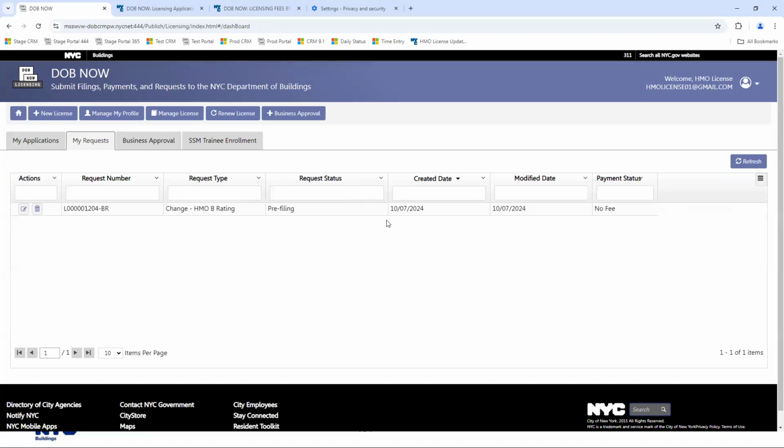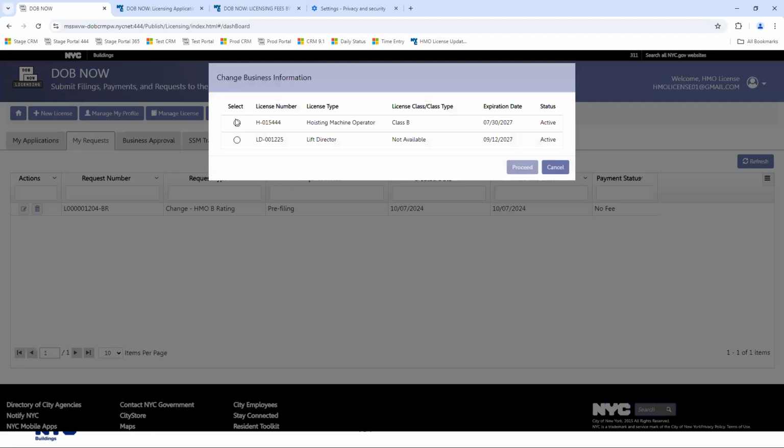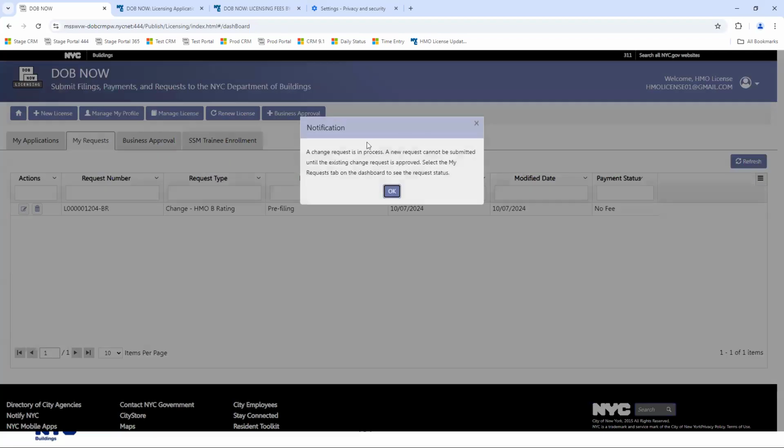Now, one of the things you saw before is, let's say I need to do two things. I need to also change business information. It's going to tell me a change request is in process. You can only have one in process at a time. So it will tell you that you can't submit a new change request until the existing change request is approved.